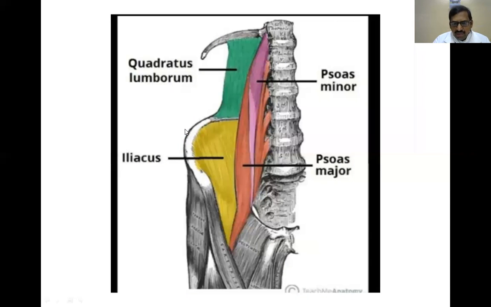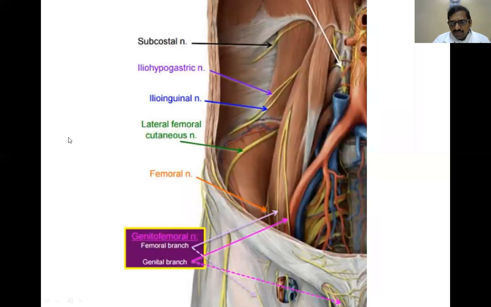You see here, these are the muscles. There is the psoas major muscle, this is the psoas minor muscle, this is the quadratus lumborum muscle, and this is the iliacus muscle. Okay, these are all the muscles and bones. Next, you see here, what are the structures passing? Here, this is the subcostal nerve, this is the iliohypogastric, ilioinguinal, and this is the